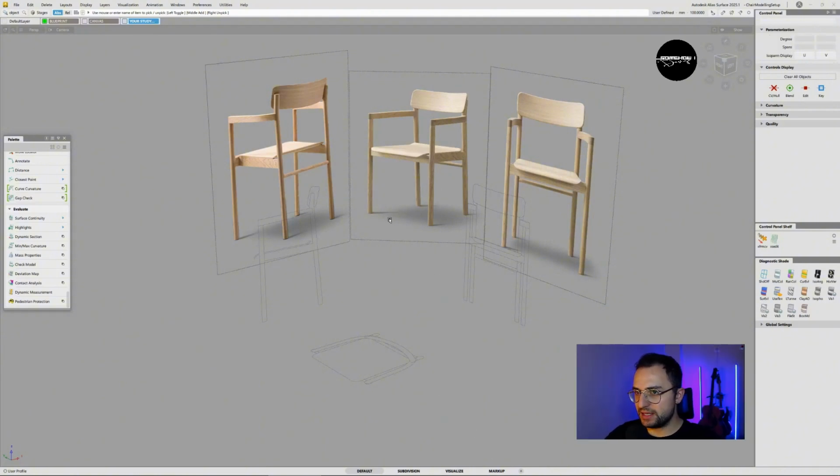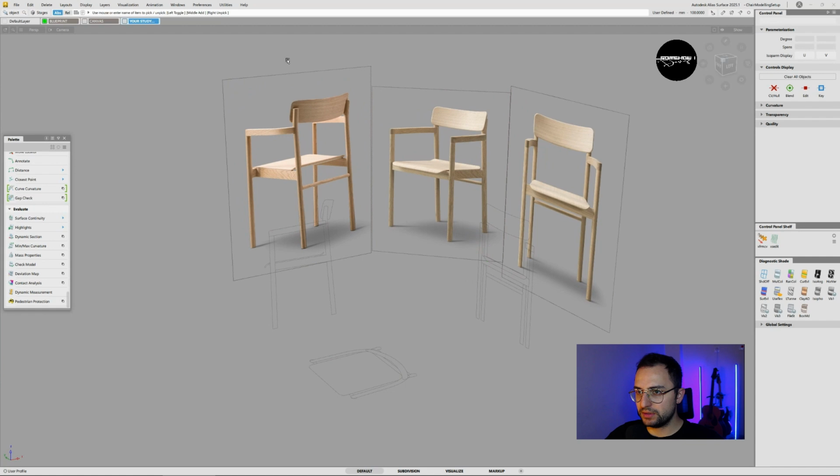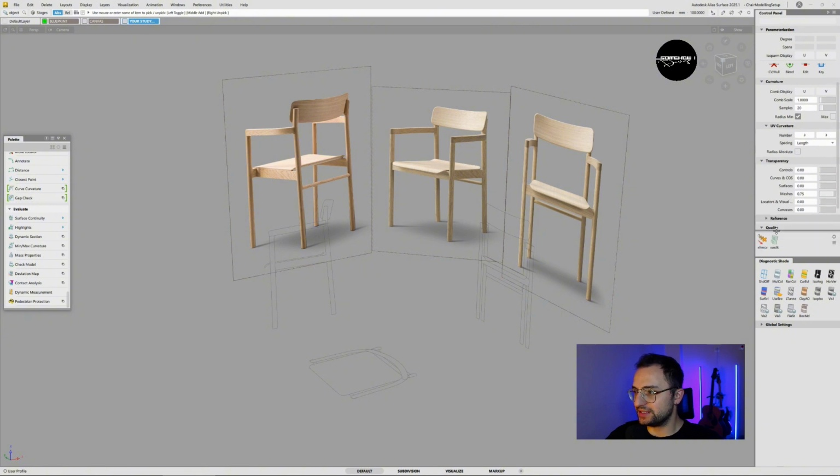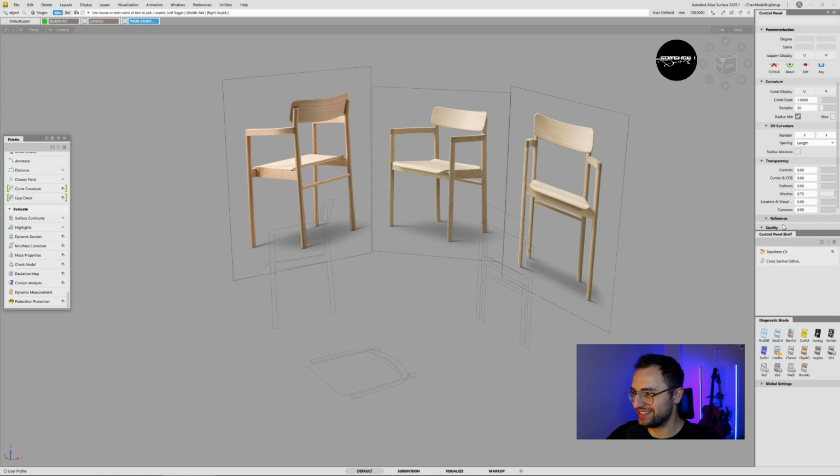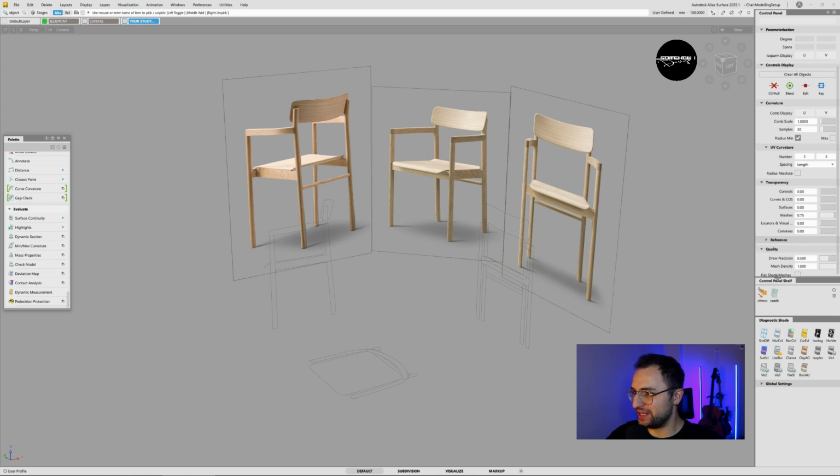Well, let's set up our user interface first. I have brought back the initial preference set of Alias as default preference set. So I'm gonna make some small adjustments. Yeah, to be honest, this isn't what I'm used to, guys, but no worries, we will find our way. Let's change the transparency of canvases here